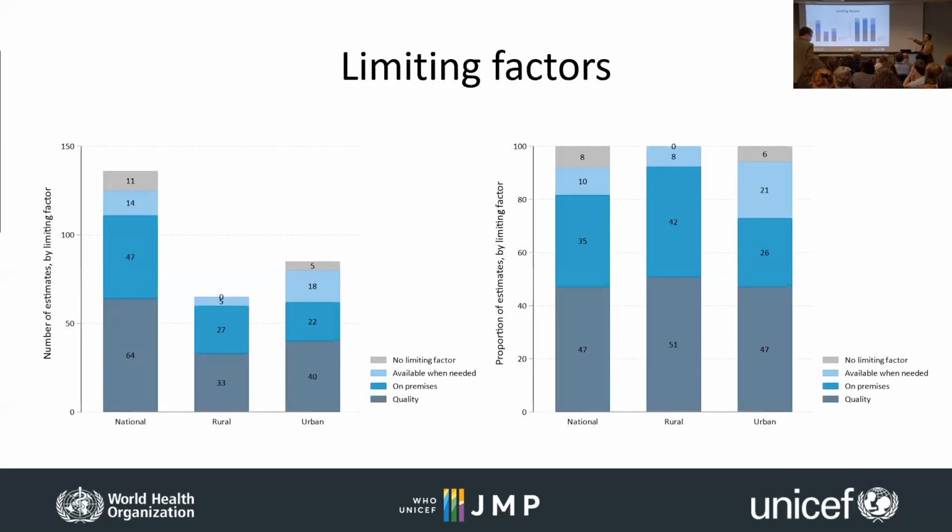And it turns out, you can see the number of countries on the left, but the proportion of countries on the right, in about half of cases, whether you're talking national, urban, or rural, microbial quality is the lowest of these, and that determines safety management. But that's only about half of them. In about 1/3 of them, especially in rural areas, it's having that water supply located on premises that's lower. Coverage with water supply on premises is lower than coverage with water supplies that are free from contamination. And then the light blue, not so big in rural, but in urban areas, having water available when needed is more the limiting factor. We see this a lot. Well, I'll say why I think that might be the case in a coming slide.